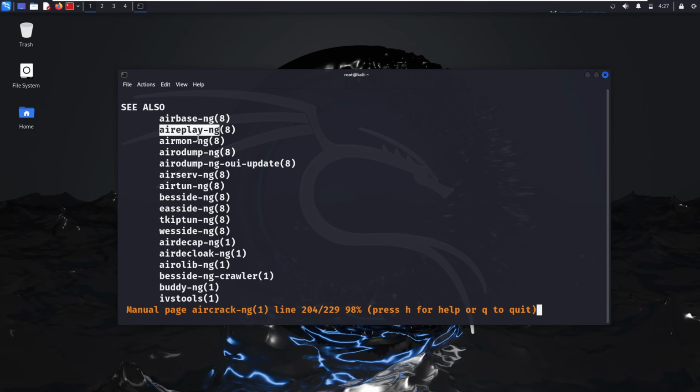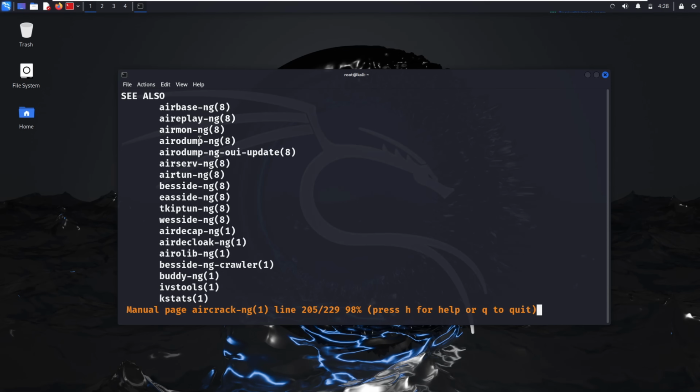This tool is often used to inject malicious traffic into the network to capture the data needed for cracking the encryption. Once attackers have the necessary data, they might use Airgraph-NG to visualize the relationship between clients and access points, making it easier to plan further actions. If they need to switch their Wi-Fi interface to monitor mode for packet sniffing, they can use Airmon-NG. To actually collect packets, they can rely on Airodump-NG, which captures raw 802.11 frames, including WEP IVs, which are essential for